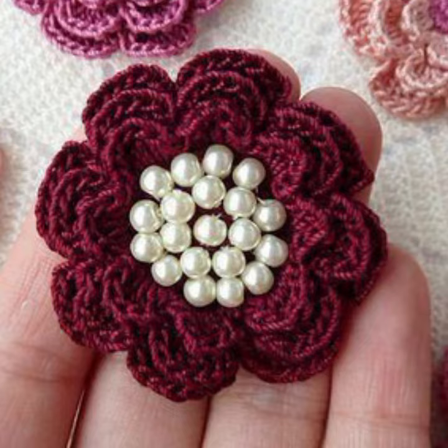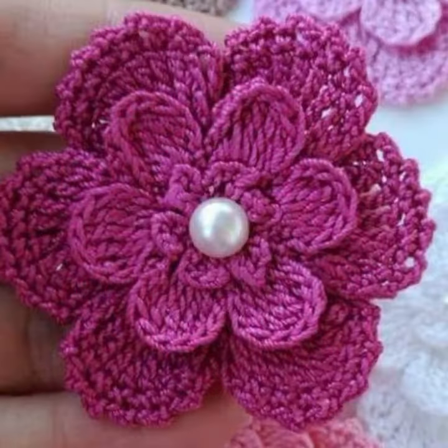If you want to buy these very beautiful flowers, then I will tell you some website names like AliExpress, eBay.com,